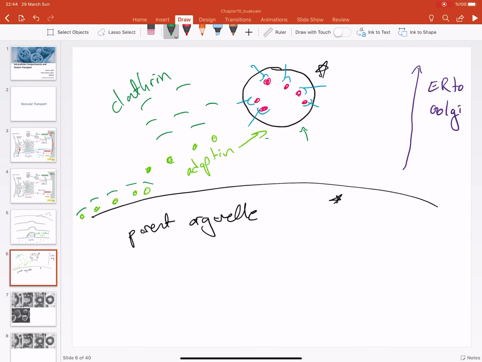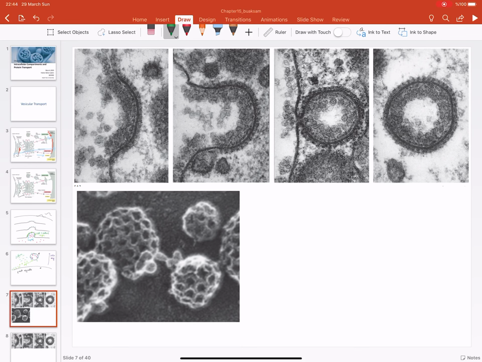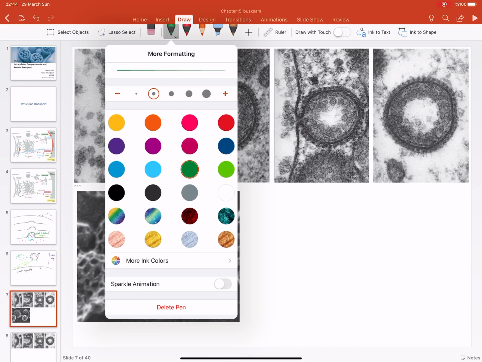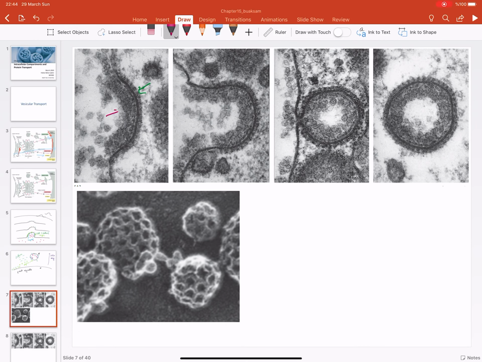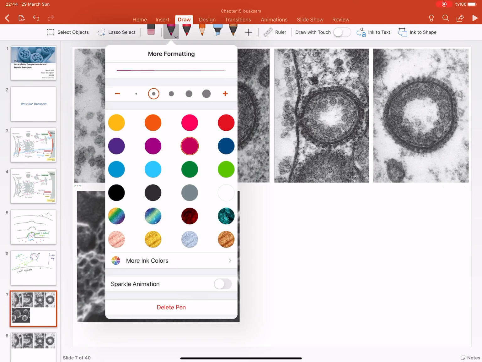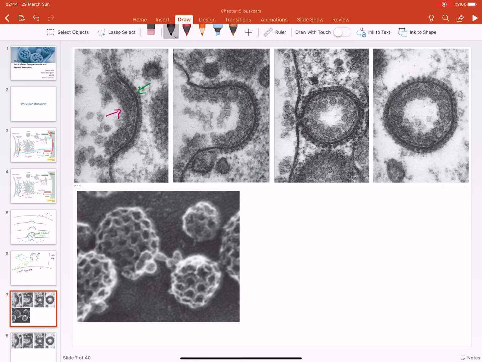We have a nice picture here. Here you can see the coat proteins and the adaptins. And here you can see the cargo proteins. I think it was this color. So it is curving more and more. And here you can see it from the top. Of course, you can tell the difference between these two pictures. This is TEM, transmission electron microscopy, and this is SEM, scanning electron microscopy. So this one is a cross section, and this one is